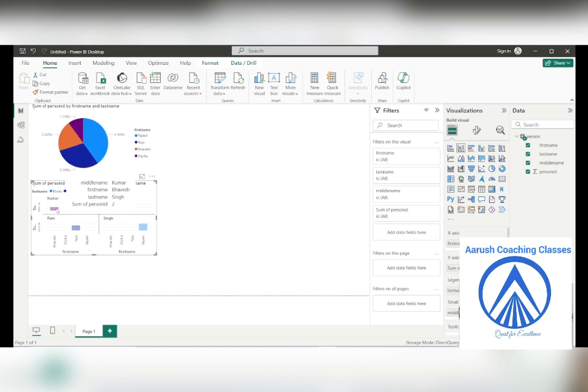When you click on Kumar, it gets highlighted that way, and when you click on Kumari, it highlights that way too. This way also you can create a beautiful, dynamic chart.